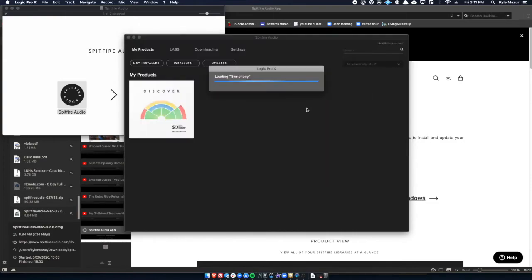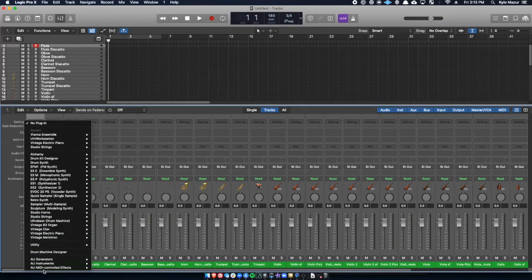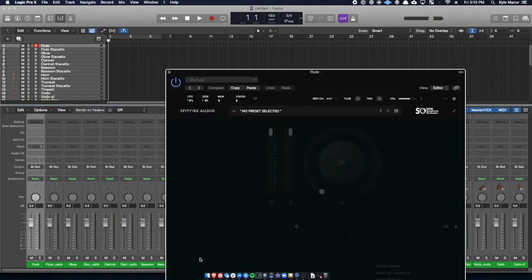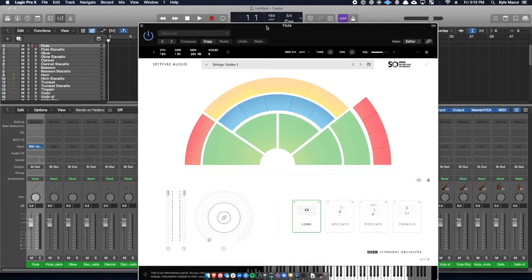So I call it Symphony. So we go to input. And we drop down to AU instruments. And then here's Spitfire Audio. And then we're going to go to stereo. And here we go. This is the Spitfire Audio